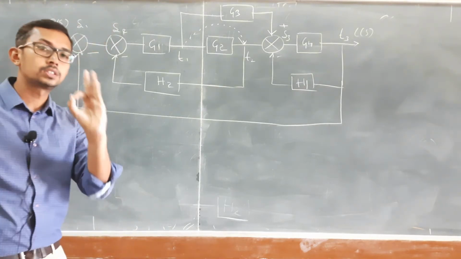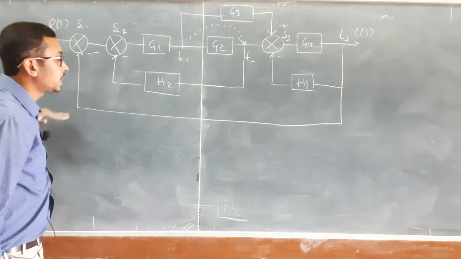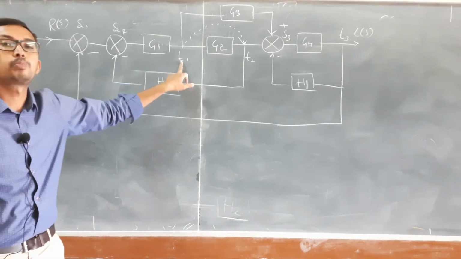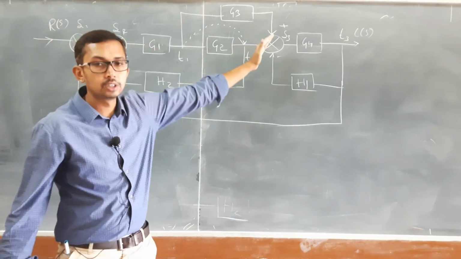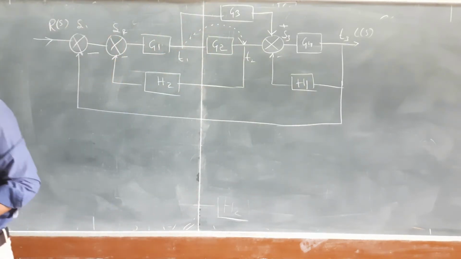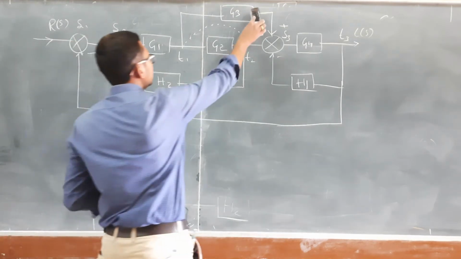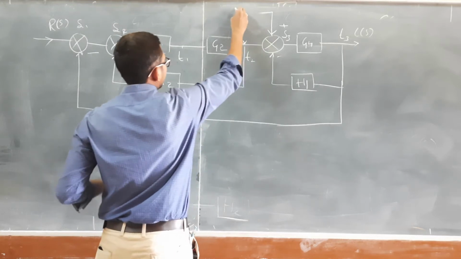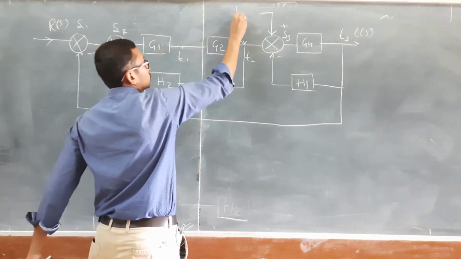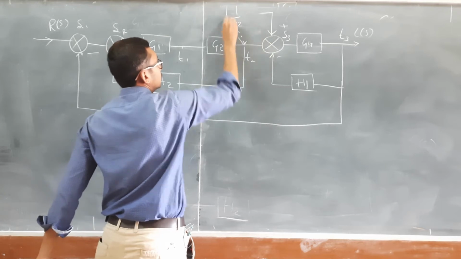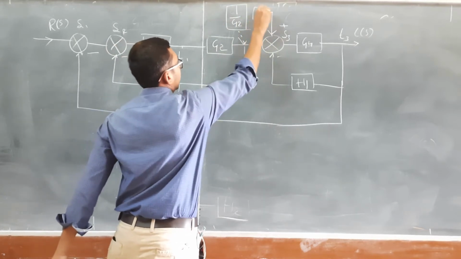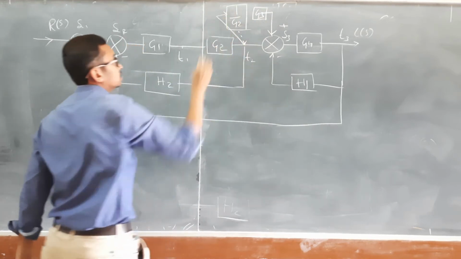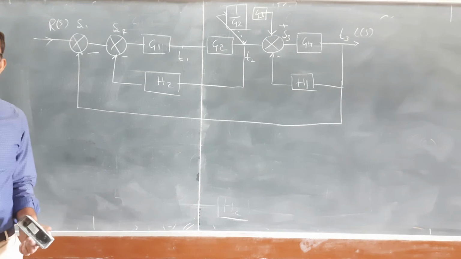Whatever steps we do, please write them in terms of statements. So what is the rule applying now? Shifting the takeoff point after the block G2. If I do so, what is going to happen? So it was G3, right? I am shifting this past G2. So 1 by G2, I need to add a block, and the existing one is G3, right? So this is what happens, correct?